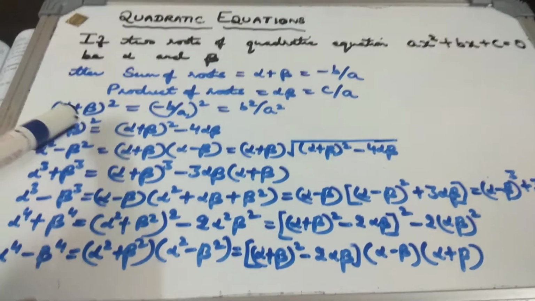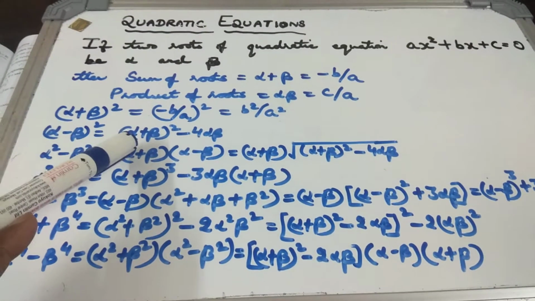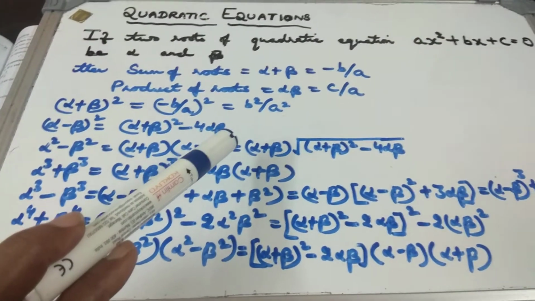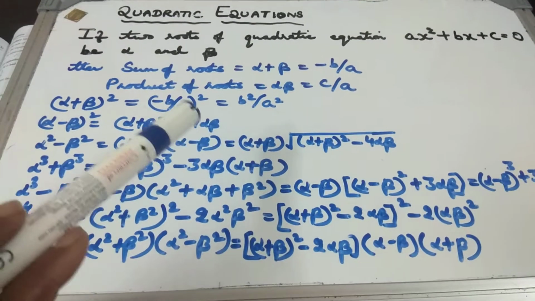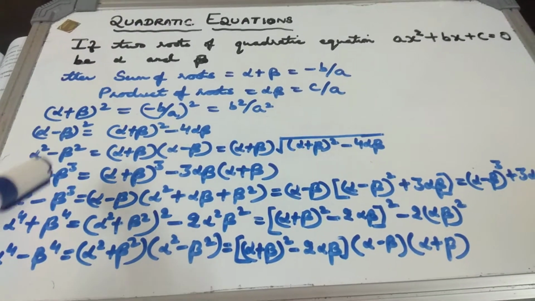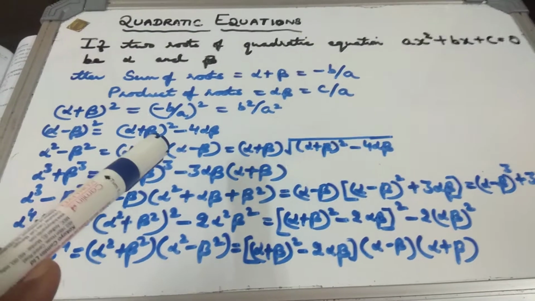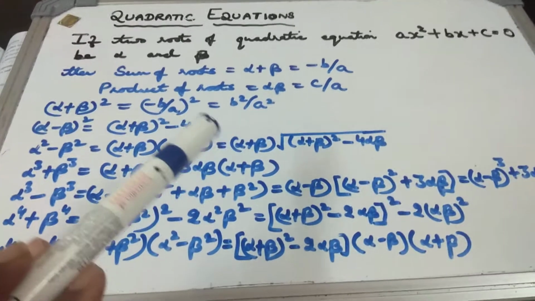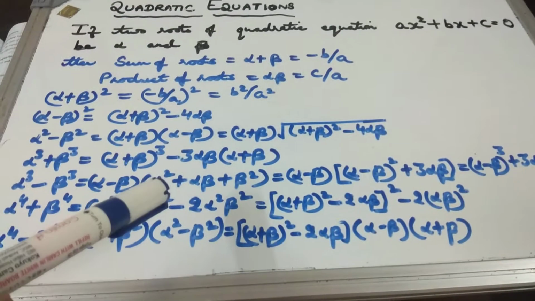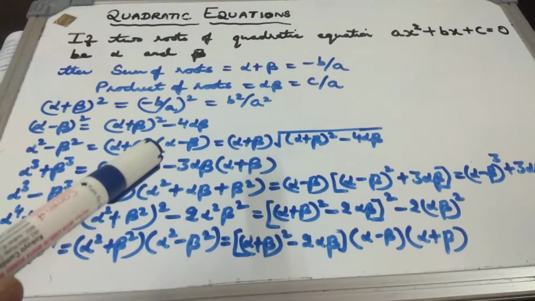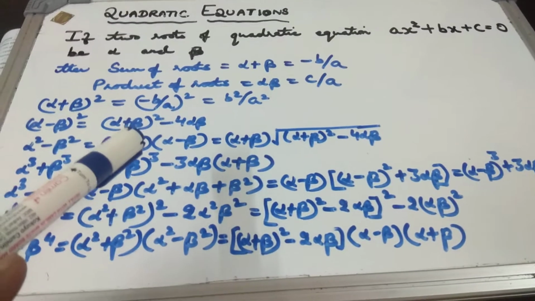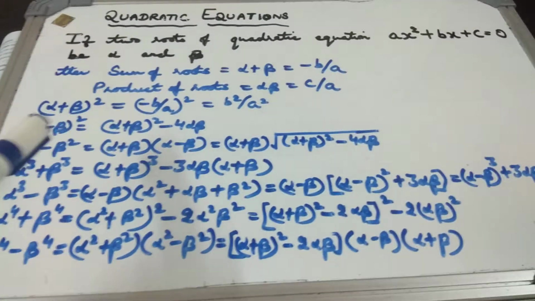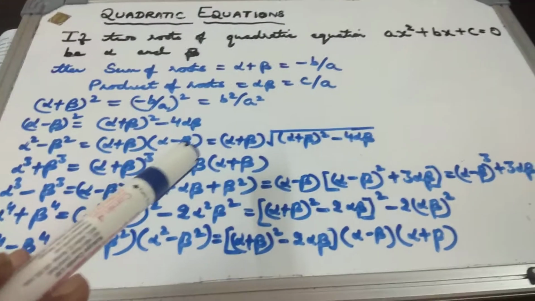Similarly, alpha minus beta whole square is equals to alpha plus beta whole square minus 4 alpha beta. All of you know these formulae. Only thing is I am trying to put these symmetric relations in terms of sum of roots and product of roots so that I can write in terms of coefficients all these formulae, not in terms of alpha and beta. So our purpose is to reduce them in the terms of alpha plus beta and alpha beta. So alpha minus beta whole square is given by this.